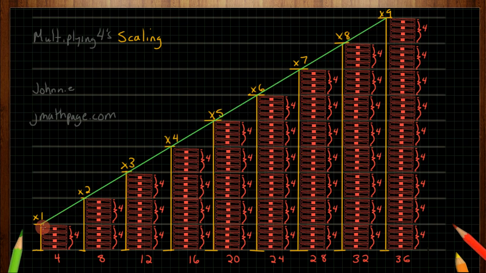So a stack of 1 is doubled to 2 stacks of 4, right? 1 stack of 4 boxes becomes 2 stacks of 4 boxes. But here's another funny thing about it. If we look at the stacks here, there are 4 stacks of 4 boxes. If we doubled 4 stacks of 4 boxes, we end up with 8 stacks of 4